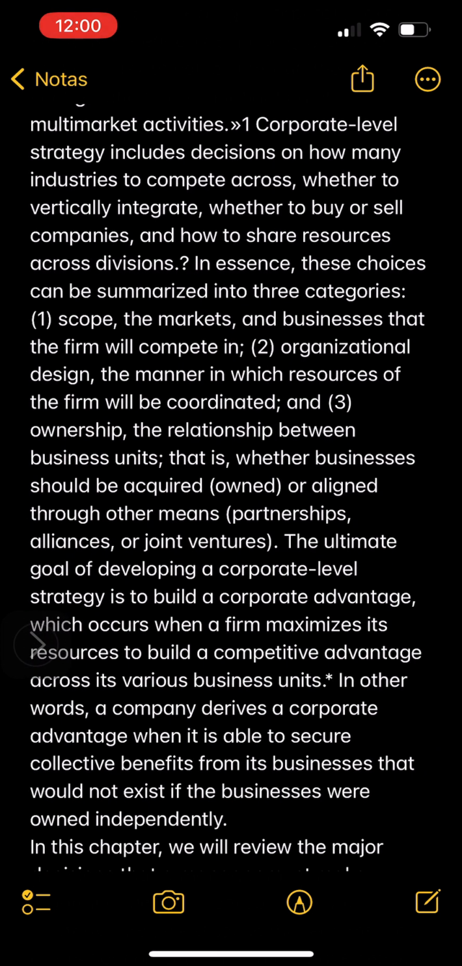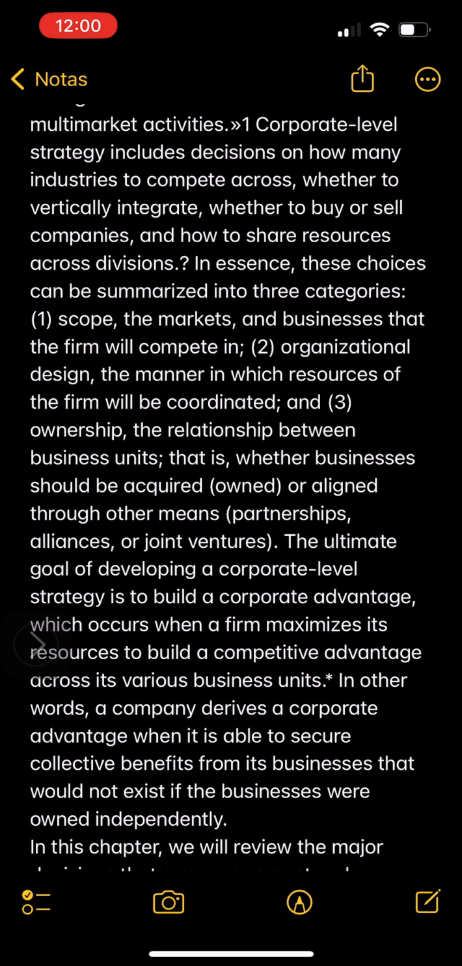In essence, these choices can be summarized into three categories: 1. Scope, the markets and businesses that the firm will compete in; 2. Organizational design, the manner in which resources of the firm will be coordinated; and 3. Ownership, the relationship between business units, that is, whether businesses should be acquired, owned, or aligned through other means: partnerships, alliances, or joint ventures. The ultimate goal of developing a corporate level strategy is to build a corporate advantage, which